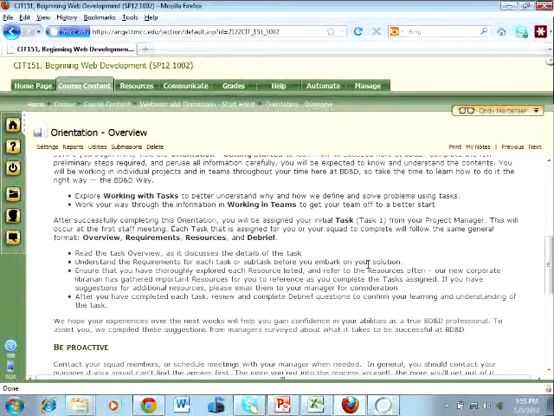So there's a certain pattern that you're following with these, which is very nice because it gives you a place to first give them an overview, tell them what's going on, and tell them, as exactly as you want to, the requirements, what you expect them to have done. I have a final due date for the task, but I don't tell them how to get there. They have to determine how to get there. So one of the things you'll see is where the facilitator is the one who has to be able to set up a timeline.